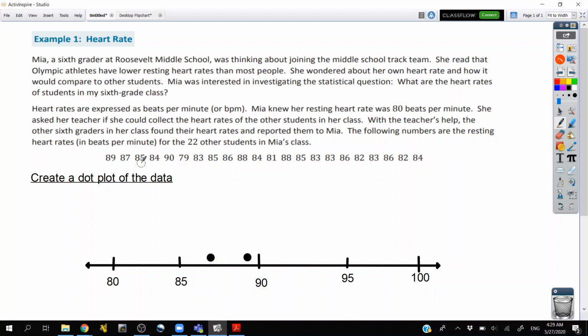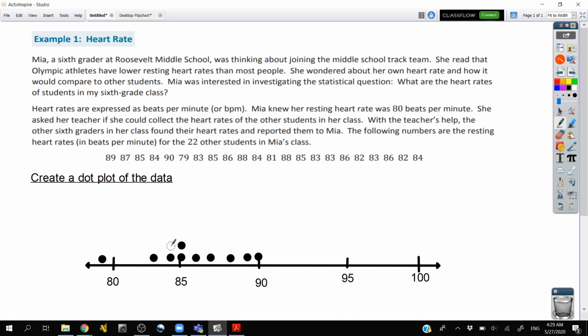I like that. 85, great. 84. And so when you make your dot plot, you're expecting to just distribute your data. Each point is a data point. 79 is going to be just below 80, 83. So that's 84, 83. Maybe that's a little bit low, it's fine. 85 is going to stack up because that's our second 85. 86, 88,